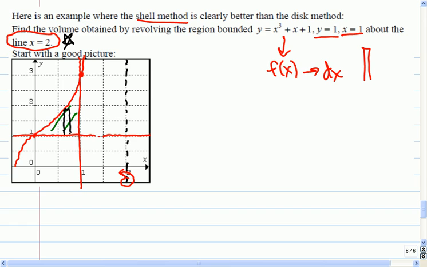Okay. Now, this position I'm at, this is any old shell, remember? Maybe it looks like 3/4, but we need to come up with a function for any old rectangle shell that we want. So any old shell would be at position x, right? Anywhere in there, that's the location, x. So if its location is x, and I'm rotating it around this line right here, then what's the radius? The radius is going to go from this bar